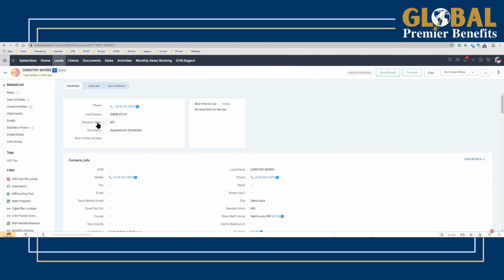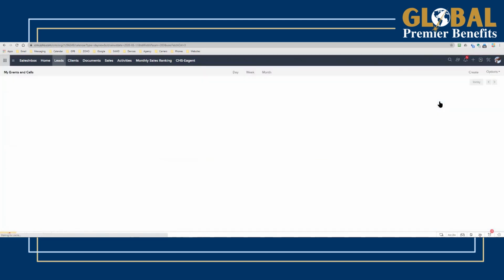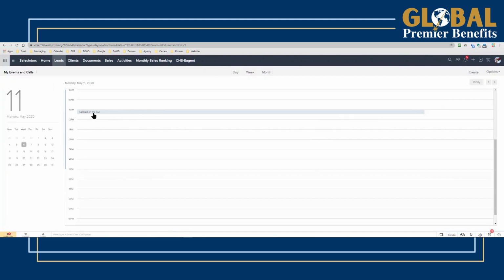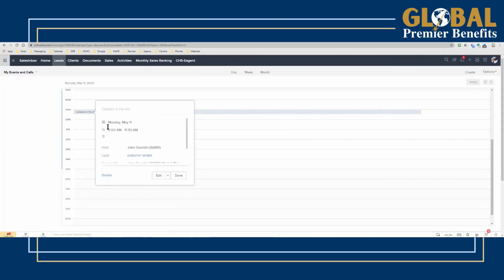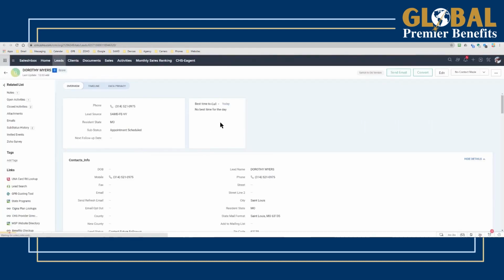Okay. And what will happen is, in the open activity section of this lead, you'll see call back in the AM. Also, in the top right-hand corner, you'll see a little calendar icon. If I click on Monday, I'll see now I have a call, 11 a.m. in the morning. I can click on that, and it will show me who I have an appointment with, and opens the record right up. Okay? So I can call that